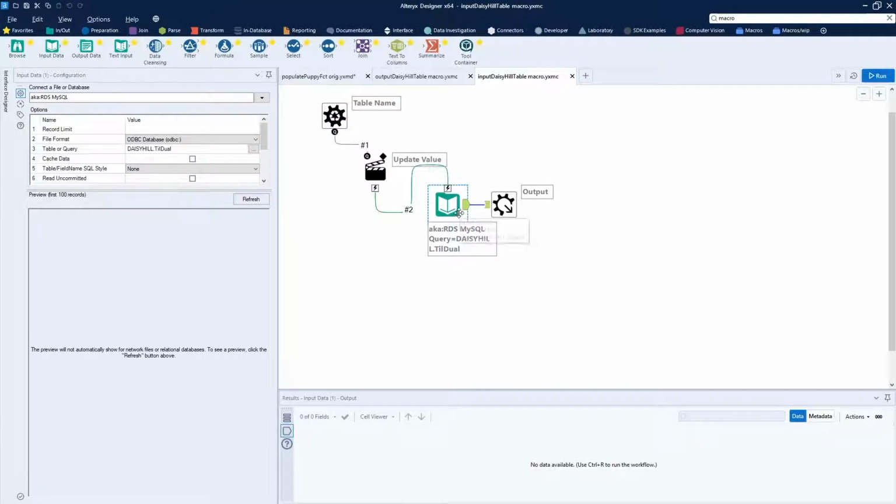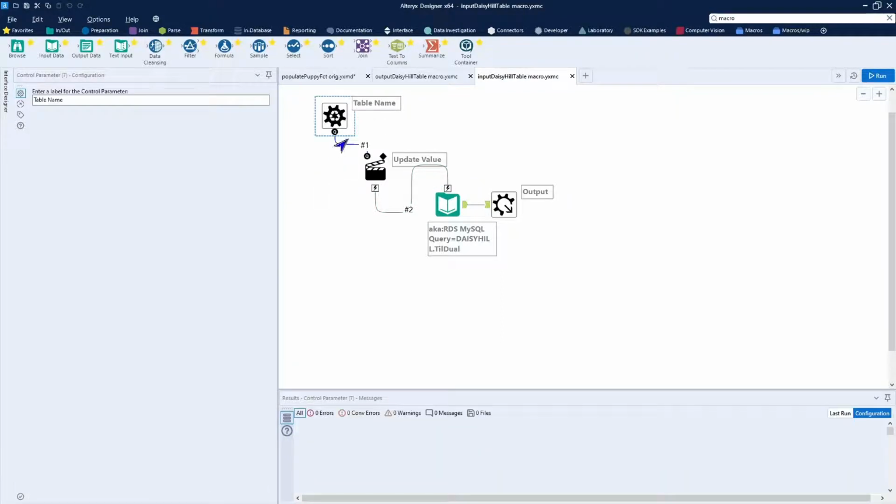So here I have my input data widget where it's going into my SQL database using ODBC, and we're using a stubbed table called till_dual, and we're going to want to change this every time this macro runs. So I told John Q to go ahead and insert this macro into where he is reading them, but he needs to be able to tell this macro what the name of the table is, because this macro has,